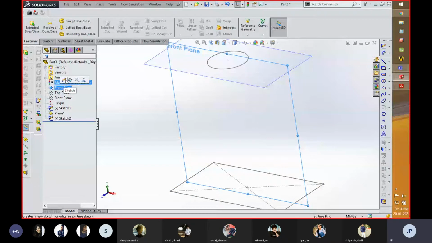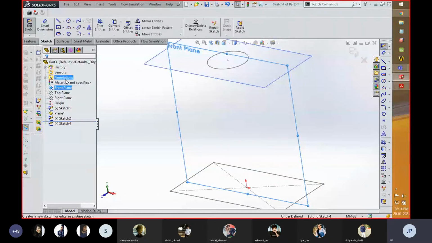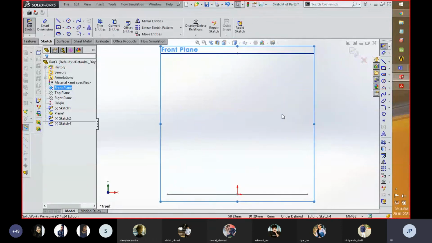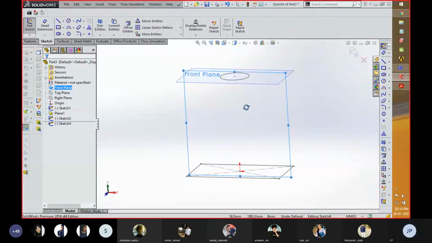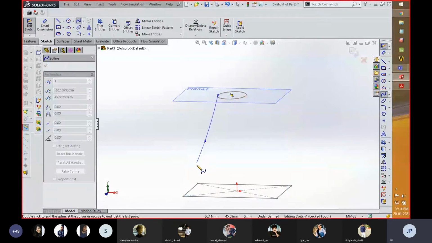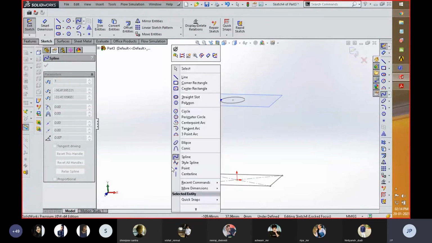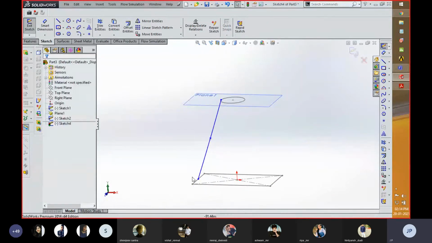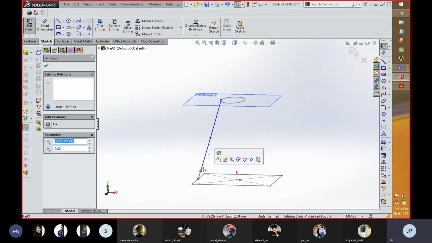Okay. Now click on this sketch front line, then keep the plane normal. You can drag the workspace for creating the path as per your necessity. Now I am going to change the alignment.